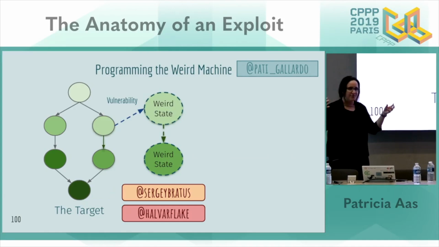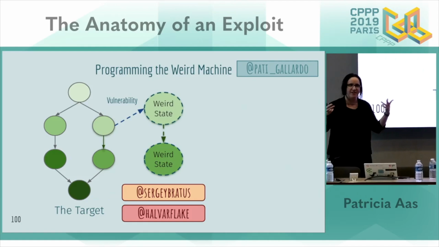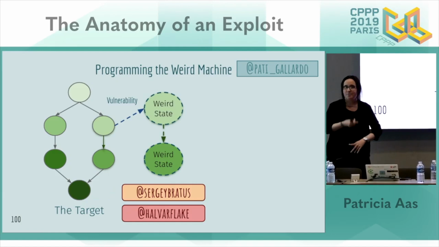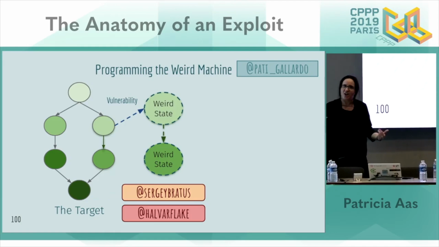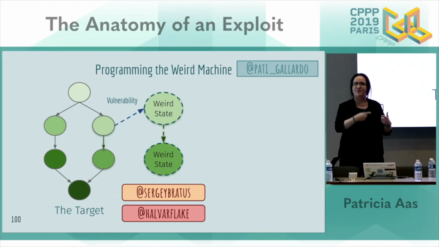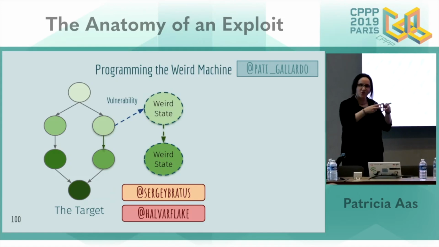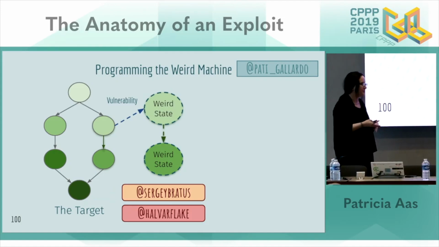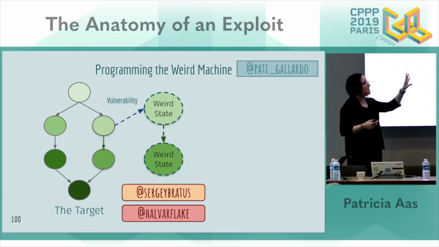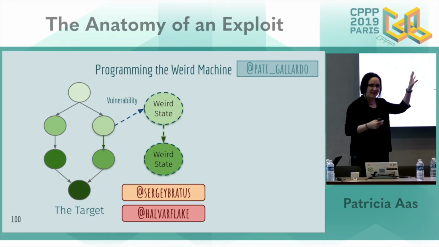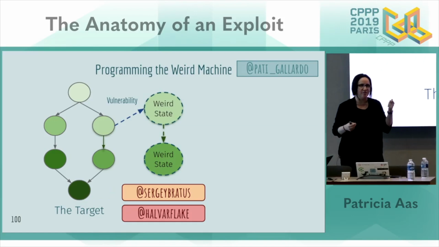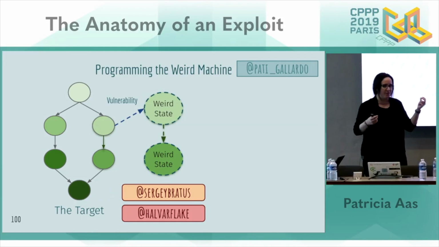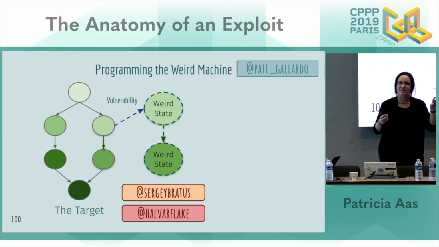So the idea is to try to figure out some kind of input that you can feed into this program, either through a file or environment variables or network traffic or input in some way, that can actually trigger this weird state. And then you spend a lot of time trying to stabilize this very unstable state and then try to direct it to do the things that you want. And having these things and having them being pretty stable has given them a name. So they call them primitives.